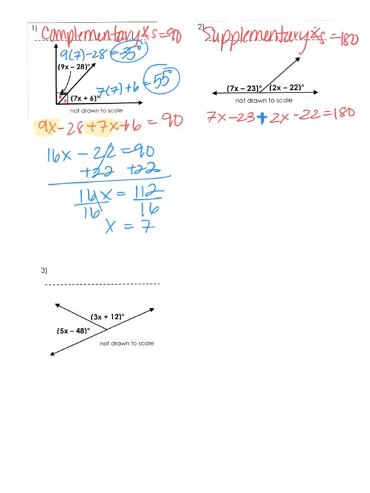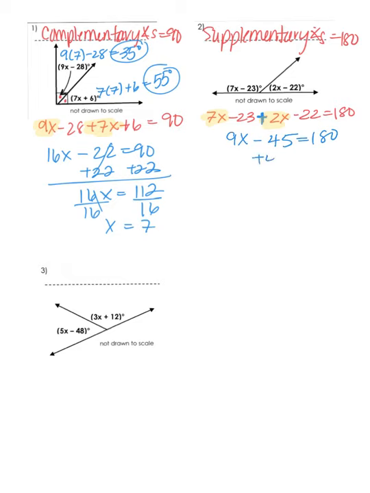Let's combine like terms. And I have 7x and 2x. So 7x and 2x gives me 9x, and then negative 23 and negative 22 is going to give me negative 45 is equal to